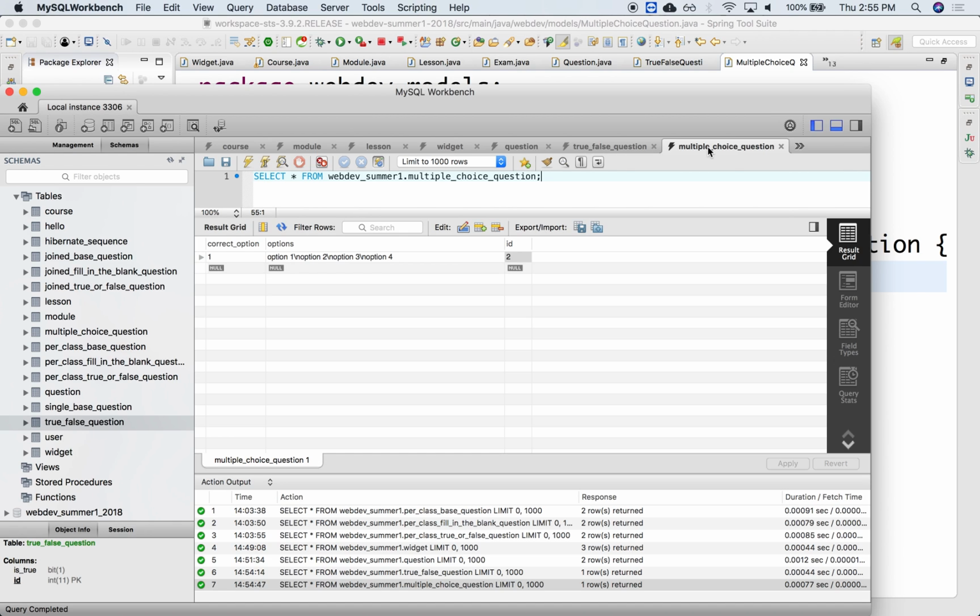Maybe you want to use tabs or commas or semicolons or some other special character to delimit the options, right? Also, the correct option. So if you put them in different order, you can tell which is the right option, the correct option. But you're free to model that any which way you want. All right, excellent. So that's how it's being stored